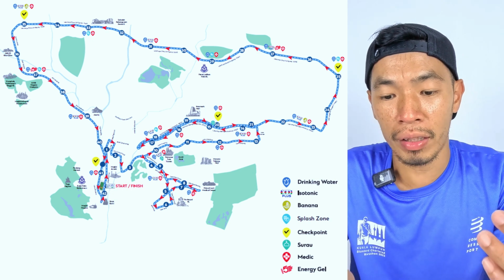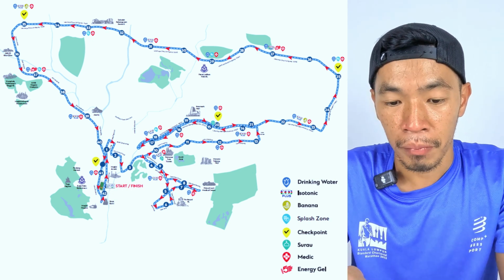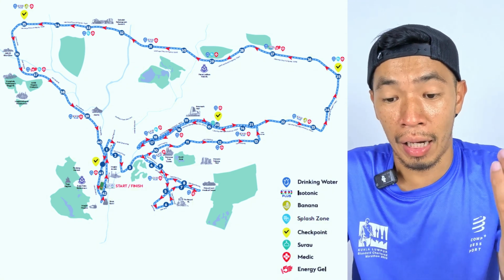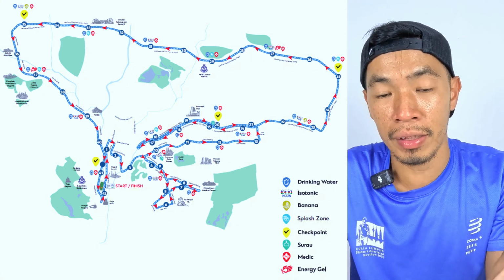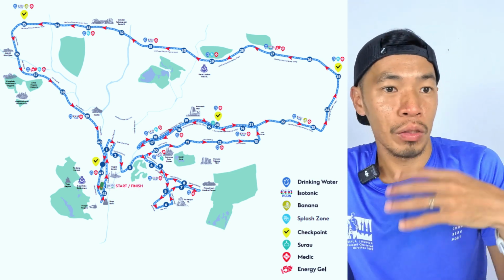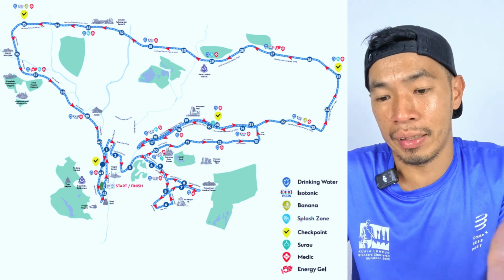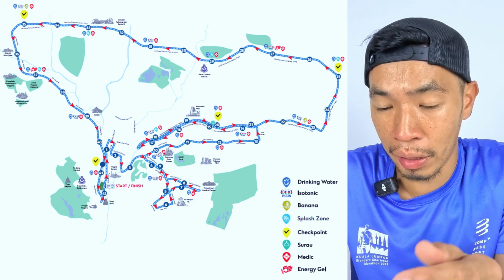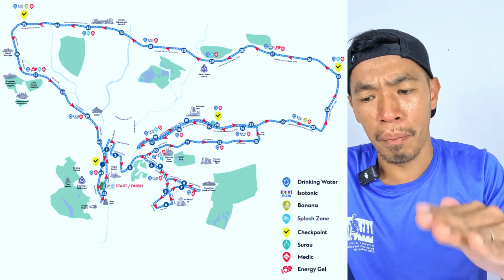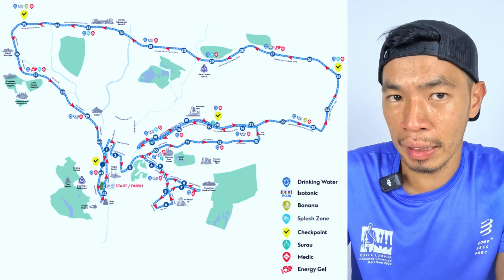And in between, they have isotonic. At 27, they have a hi-fi gel. So we are going to get the hi-fi gel. If you don't have enough hi-fi gel, or you just want extra, you can get it at the 27km station. This route is quite boring, but once you reach the 30km, remember